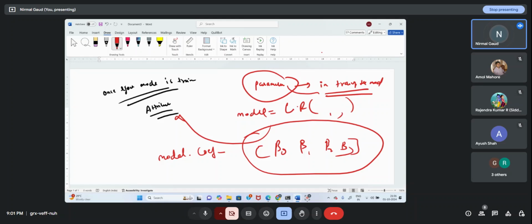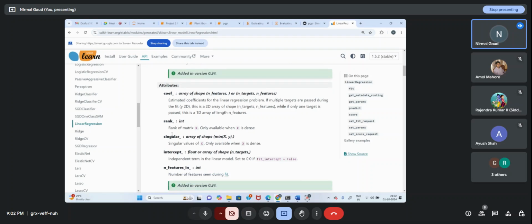कोएफिशिएंट्स की, क्योंकि ट्रेनिंग का मतलब तो the meaning of the training is this only, to identify the coefficients, to find the optimal value of the coefficient. So kindly let us know what are the coefficient values. तो बता देगा ये, model dot coef underscore करोगे ना तो प्रिंट करेगा ये कि मैंने क्या वैल्यू निकाली है कोएफिशिएंट की। ठीक है, you can print a rank, that means rank of a matrix of